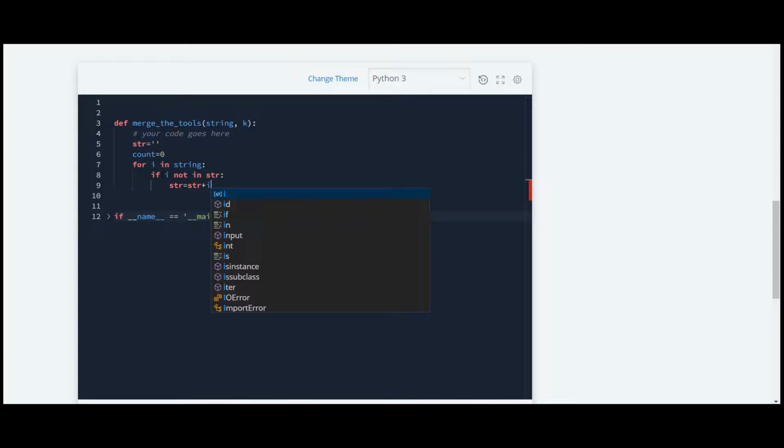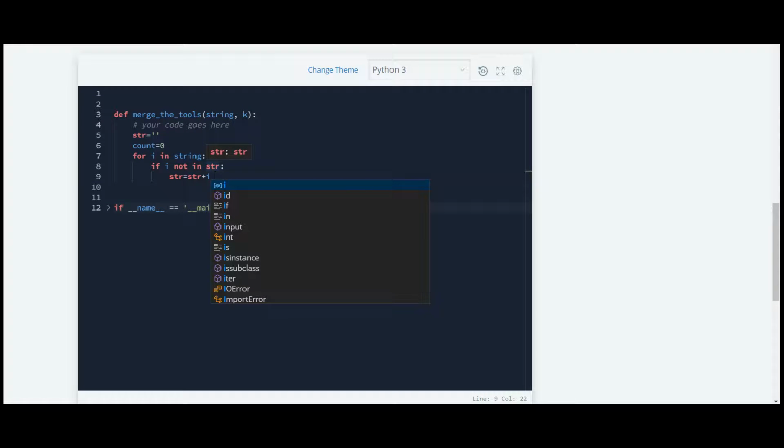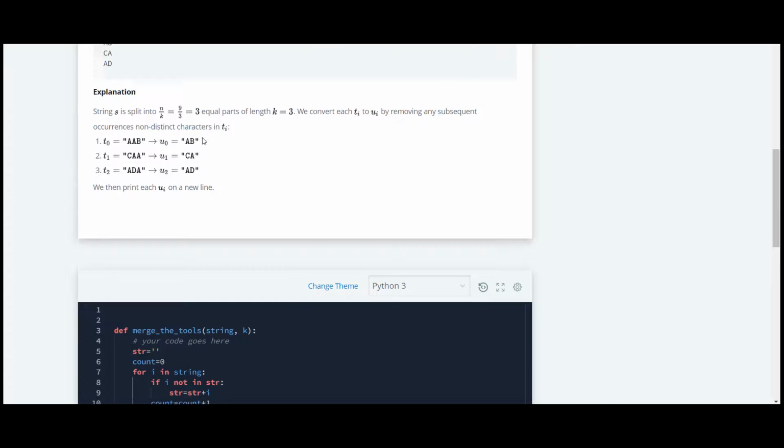I'll explain the whole code. Just a second, I'll write it so that you can understand it better afterwards. So after writing this, we are going to increase the count. Count is equal to count plus 1, and here we are checking if the count is equal to the number which they have given.